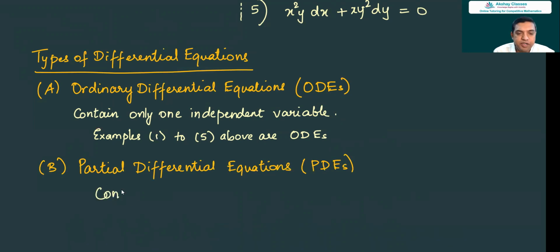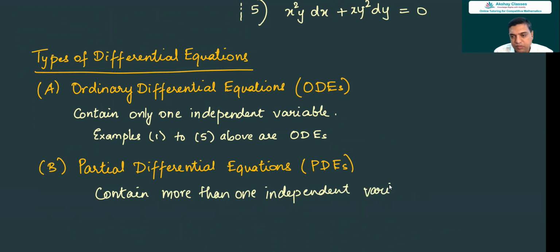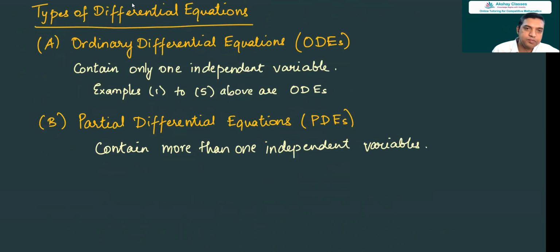So partial differential equations contain more than one independent variable. Now, examples of this: